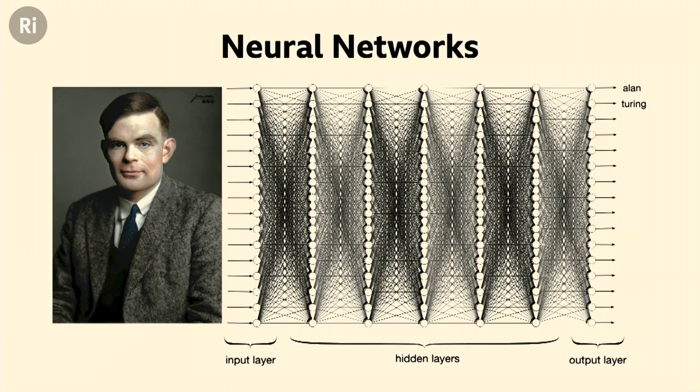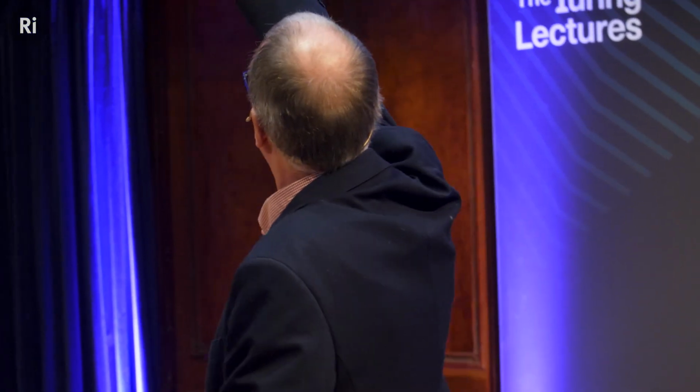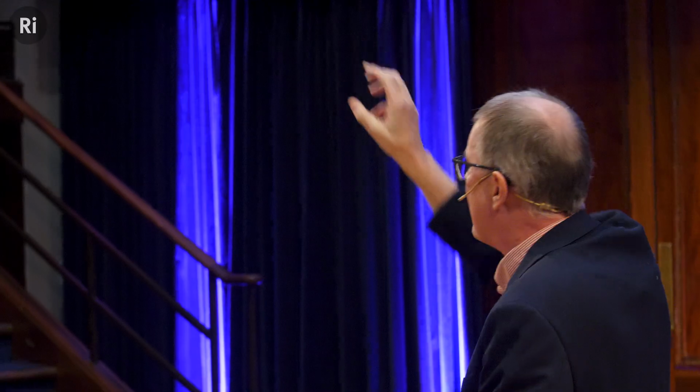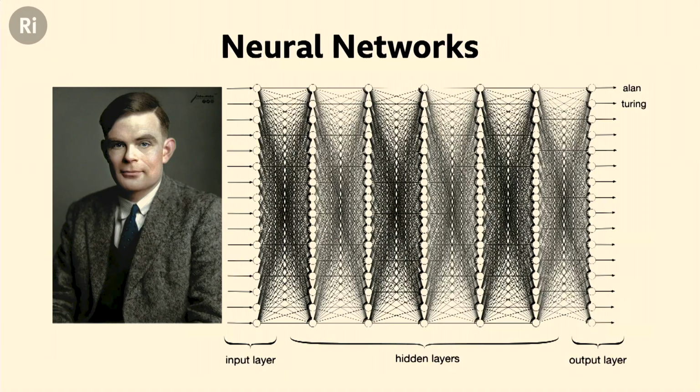So look at the top left neuron on that input layer. That neuron is just looking for a very simple pattern. What might that pattern be? It might just be the color red. All that neuron's doing is looking for the color red. And when it sees the color red on its associated pixel, the one on the top left there, it becomes excited and it sends a signal to all of its neighbors. Okay, so look at the next neuron along. Maybe what that neuron is doing is just looking to see whether a majority of its incoming connections are red. And when it sees a majority of its incoming connections are red, then it becomes excited and it sends a signal to its neighbor.